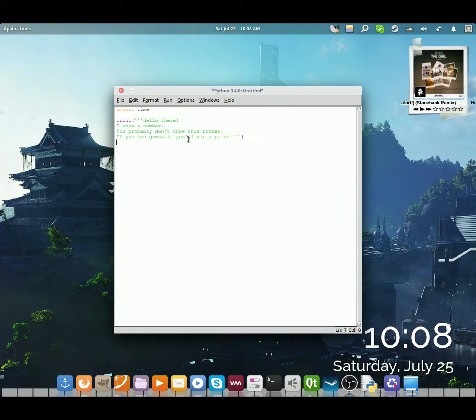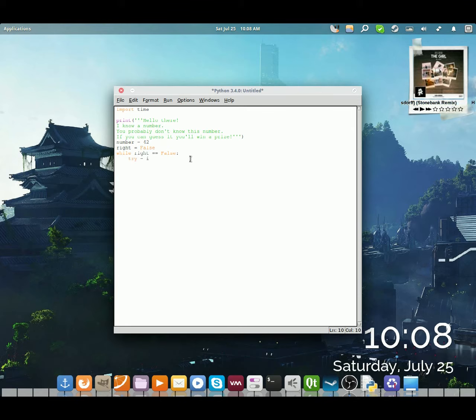So let's make this number 42. So let's say number equals 42. Oops. You can make the variable whatever you want or whatever number. Now let's say while guess equals, or no, let's say while right equals false. So right now, right equals false. This is a Boolean statement, which is either true or false. It can't be anything else. So while right equals false, just mind my typo. Oh, remember the colon. While right equals false, say